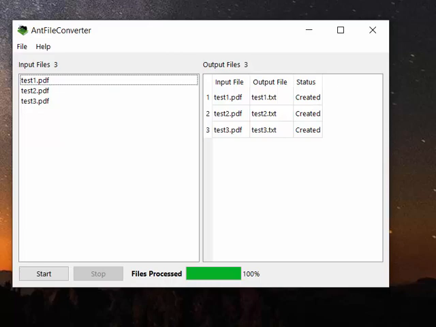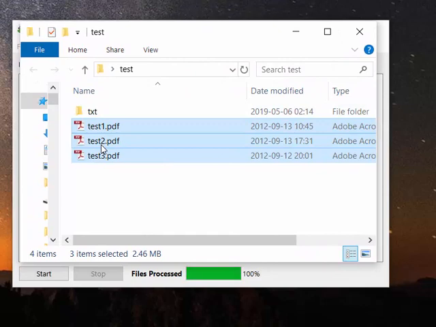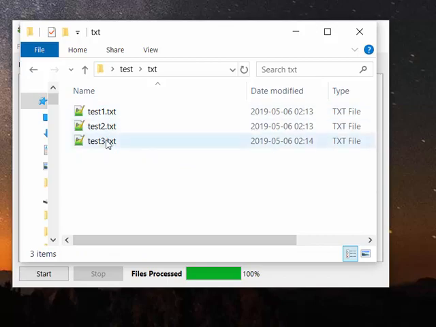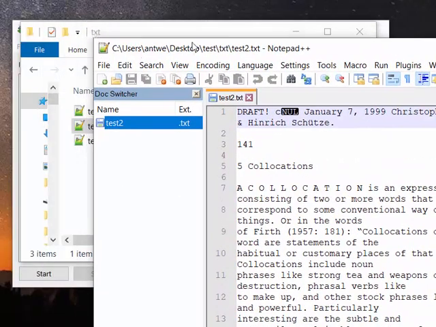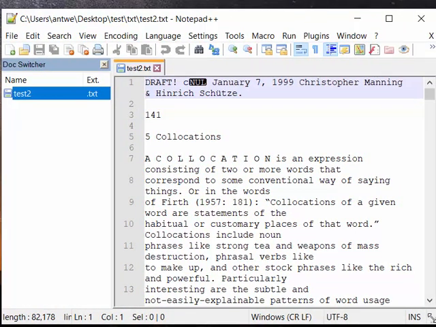And if we stretch that out, you can see created. And if we go back now to the folder where the original PDF files were, we'll see now that there's a new folder created called txt or text, and inside here we've got 3 converted files. And if I open the same file again, we'll see here is the converted plain text file, and you may